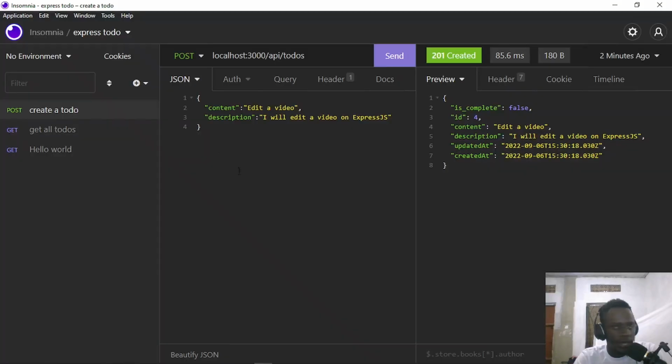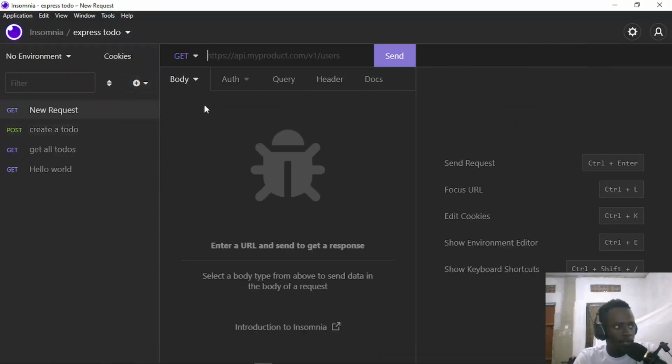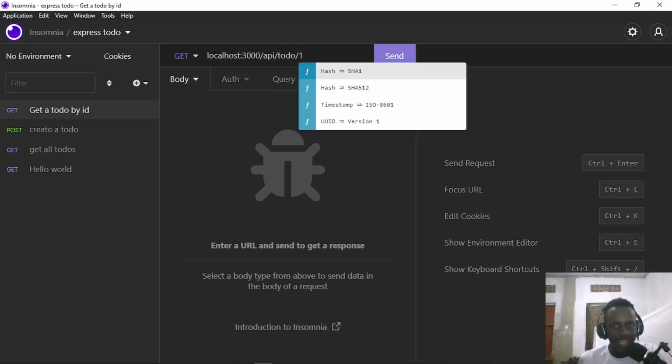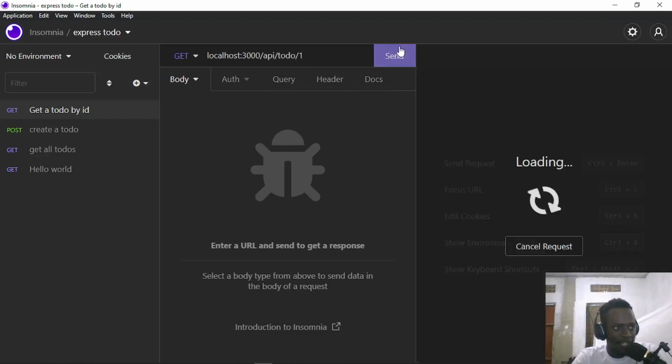So I'll go to our Insomnia right here, try to create a new request. So this will be get todo by ID, and then we shall create this with a URL of localhost, and in this case it will be 3000 and then /api/, so this will be /todos, which is going to be todo, and let's try to access that todo with an ID of 1. So when you provide that and you say send,